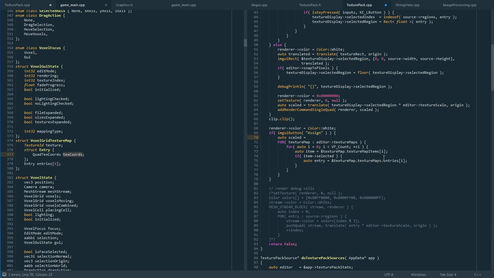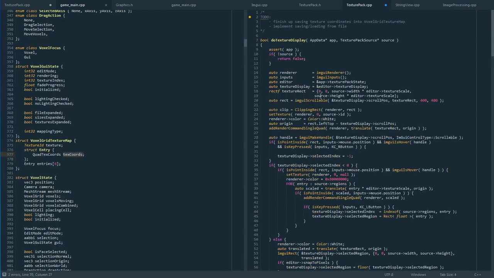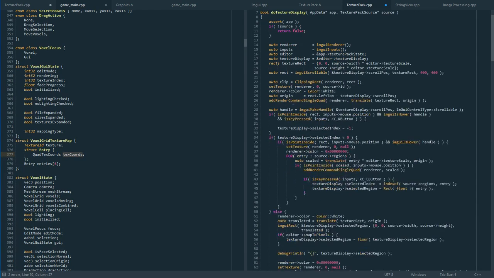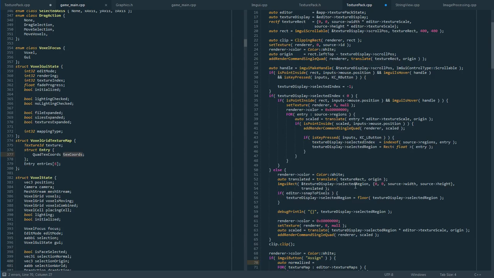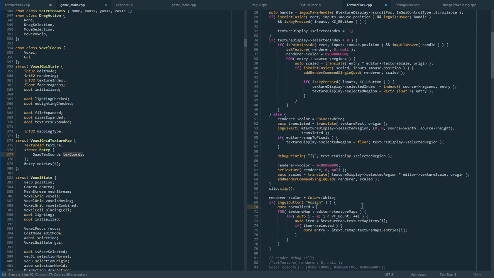I actually need to normalize the texture coordinates, since in the editor they are pixel based, but texture coordinates are normalized between 0 and 1, which means I need to get, where's the rectangle, this selected region, and then I need to divide it